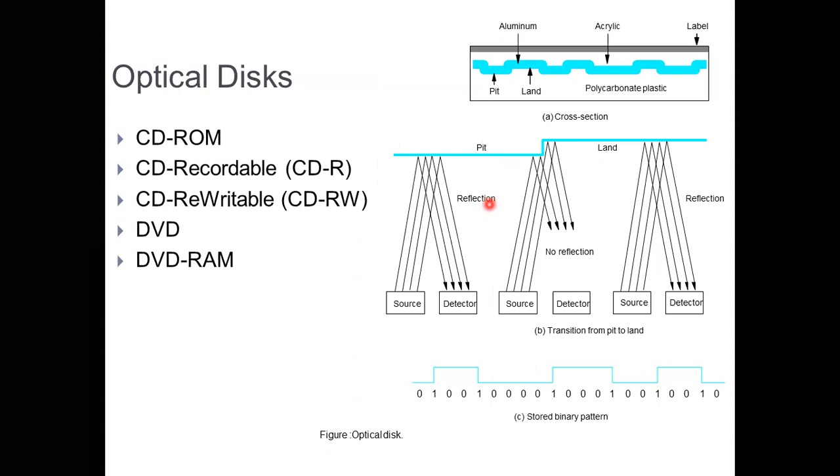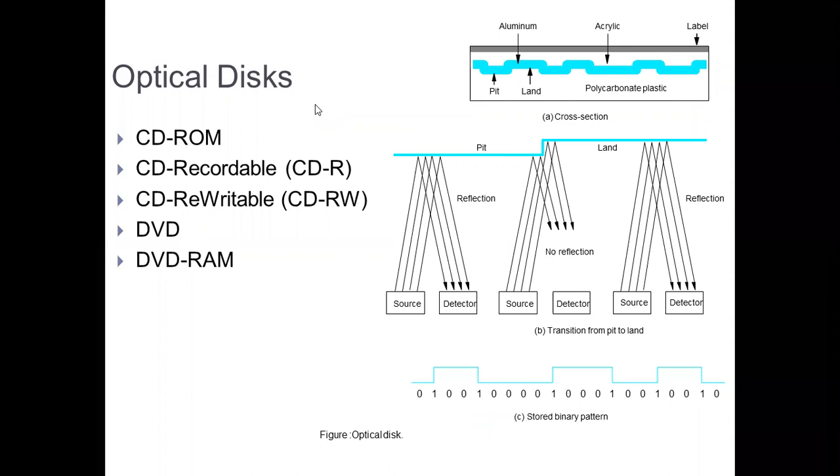As far as this optical disc is concerned, you will see a very interesting phenomenon over here. This is the optical disc. Generally, the compact disc, CD-ROM, which are readable or read-writable, and the DVD-RAM are formed with polycarbonate plastic. Here, these are using pit and land. This is called the pit, and this is called the land.